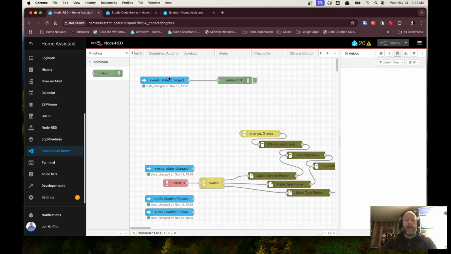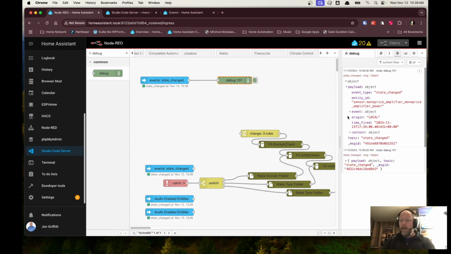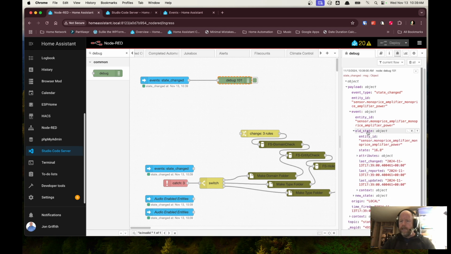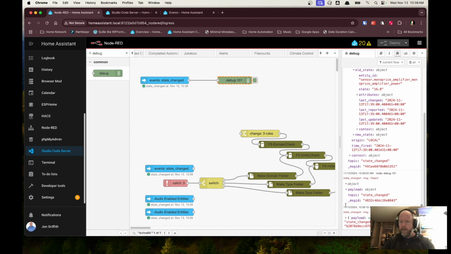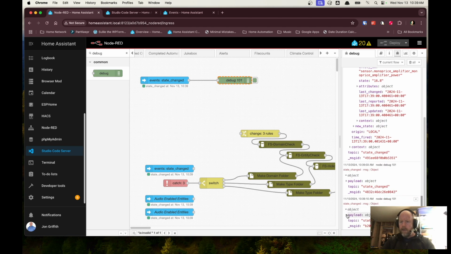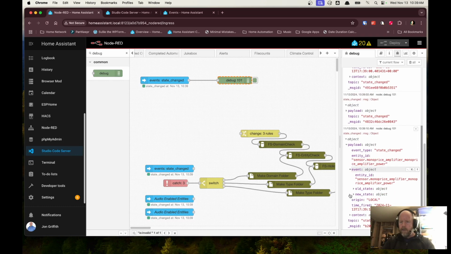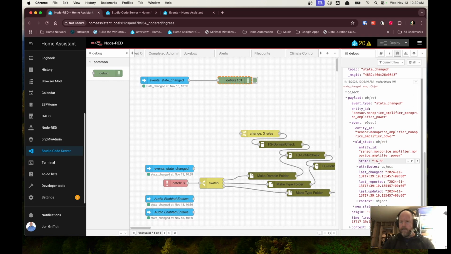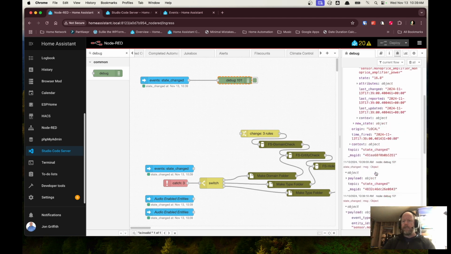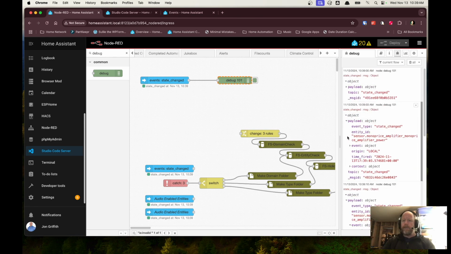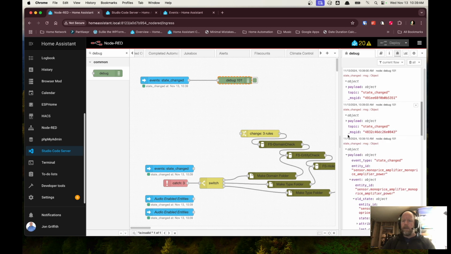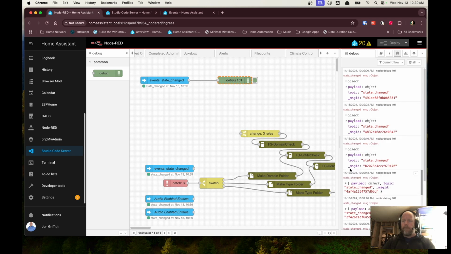As soon as this starts running, it's only going to allow, there we go, event old state 16.8. Here's another one, event payload event old state 16.8. So every time this entity is updated and it matches,